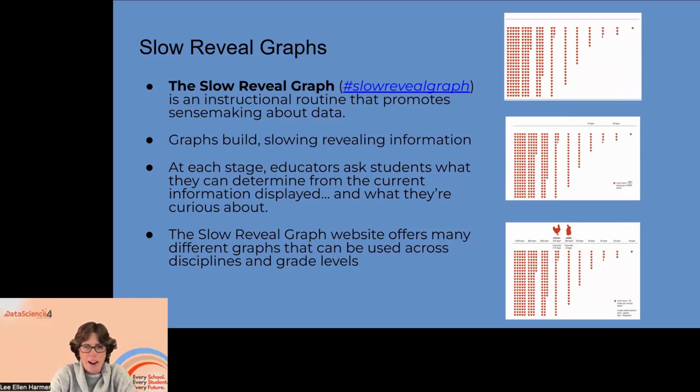This is the slow reveal graph. So the slow reveal graph is an instructional routine that promotes sense making about data, and graphs build slowly revealing information. So it's a slide deck, and as you can see from the images on the right-hand side, those are different slides provided for this particular slow reveal graph. And I know the images are small, but you can probably tell there's less information in that first picture, a little more in the second, and a little bit more in the third. And so more information is provided as the slides progress until the full graph is provided at the very end